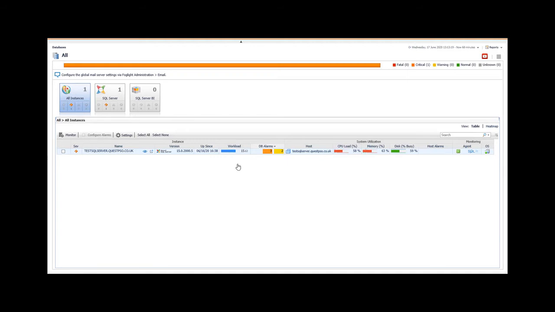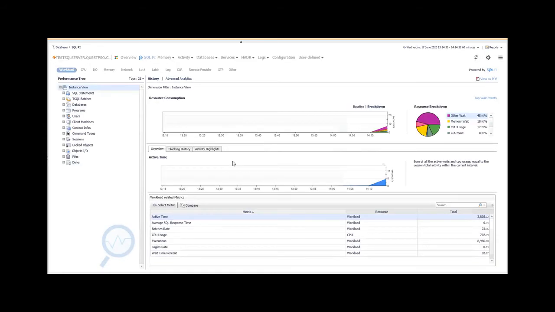We can see when we hover over the workload that the workload suddenly increased. So that's a first sort of indication that something's not quite right. And as we drill into the Performance Investigator dashboard here, we could have got there directly by clicking on SQL PI. We'll see that over the last few minutes we have had an increase in workload. Let's just click on the SQL statements view just to have a look at what sort of queries are running in that particular area. And indeed, we could drill down into a particular database if that was the problem in question.